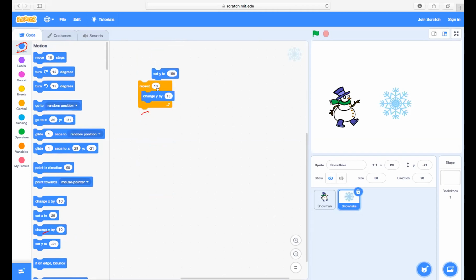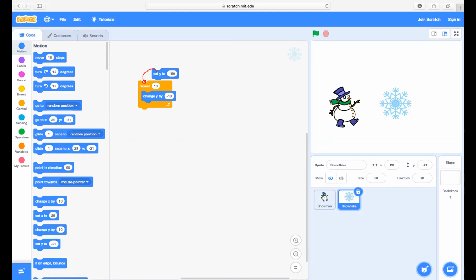Very nice. So what we are doing, we are saying there is a snowflake. Snowflake has to come down. To come down, we have to put minus over here. Put change Y by minus 10. Now put this over here.